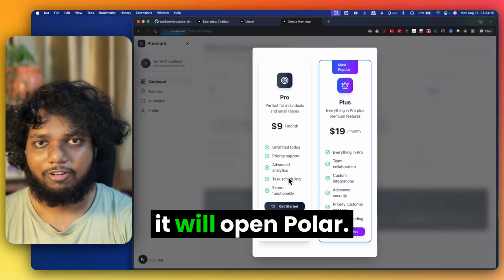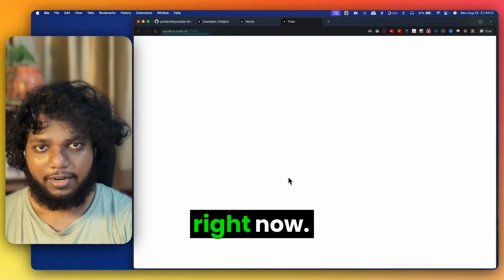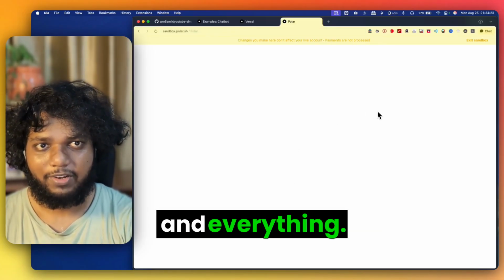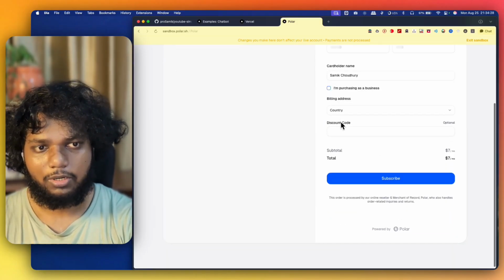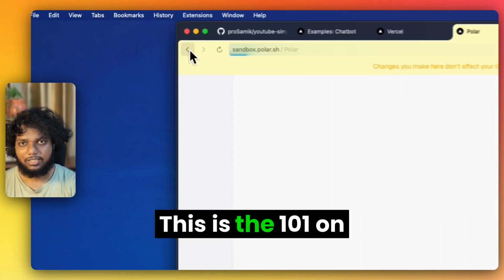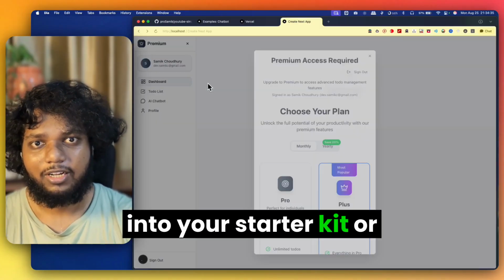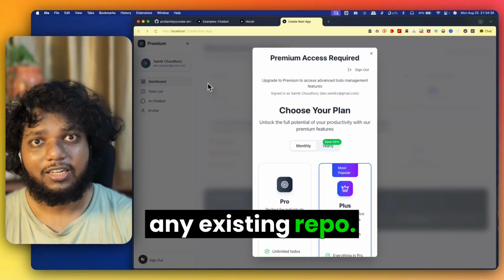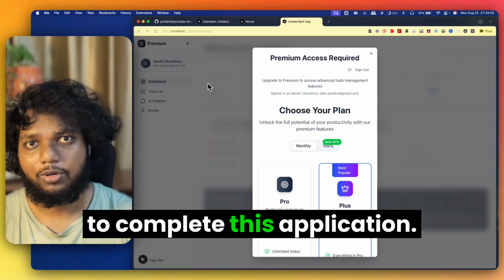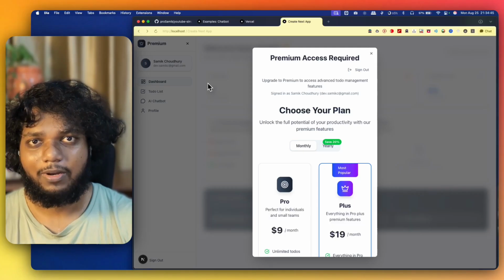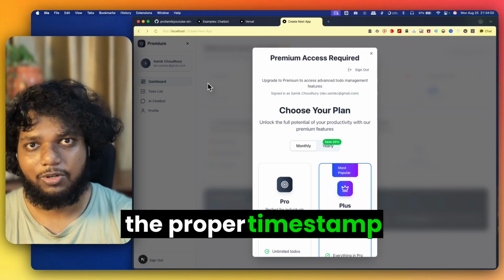If I go here and try to buy a subscription, you will see that it will open Polar. And it is opening Polar right now, and you can see I can give my test card and everything, and you can see my email is already integrated with the checkout. So yeah, this is it guys. This is the 101 on how to integrate an AI chatbot into your starter kit or any existing repo, and you saw how little time it took to complete this application. It was probably less than 8 minutes that I noticed,